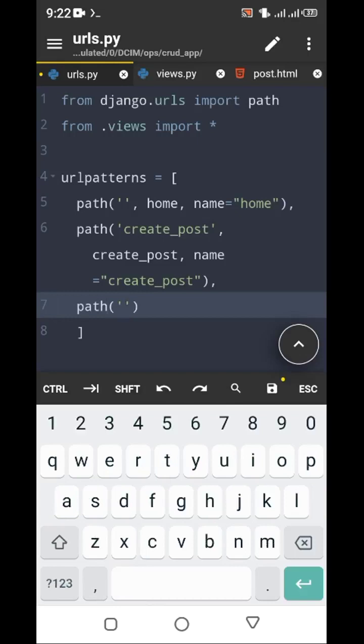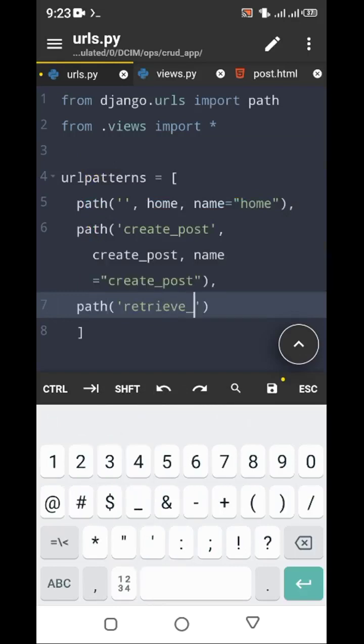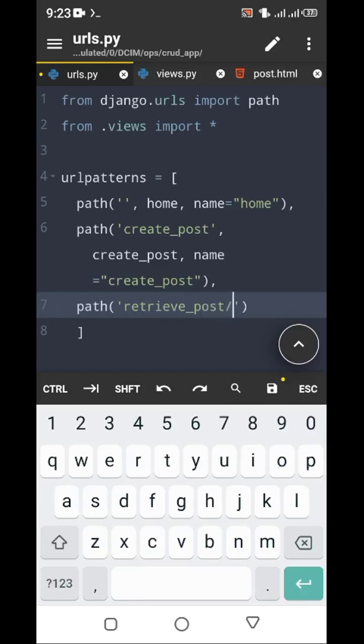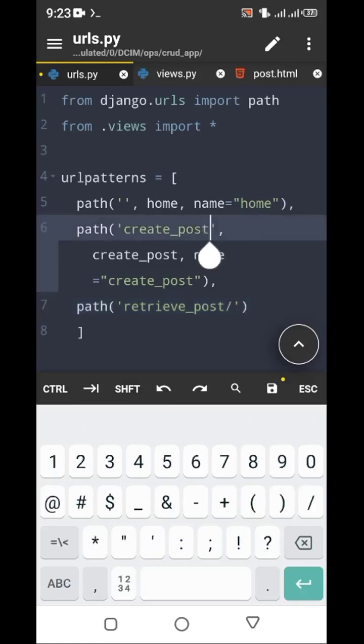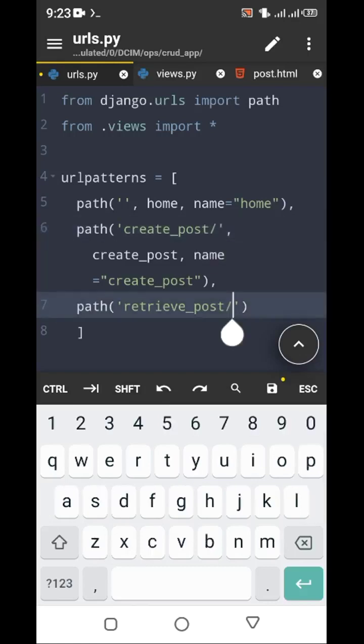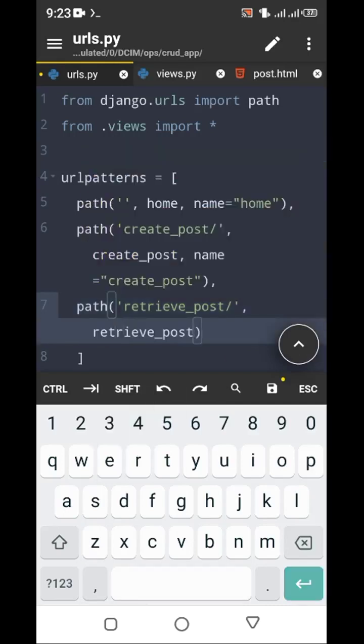So the route should be, okay, single quotes. Whoever goes to retrieve post, and then you end it with a /. I forgot to do that. Here also you should always end your routes with a /, it's a best practice. You can choose to not do this, but it's better when you do it. So you give it your view that you have created, which is the retrieve post view,